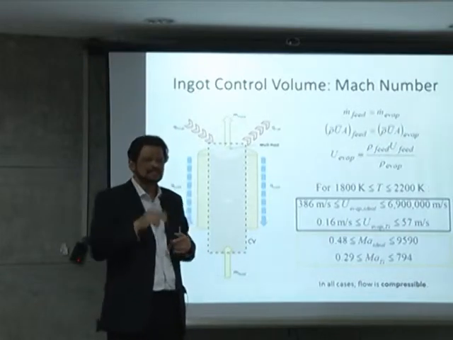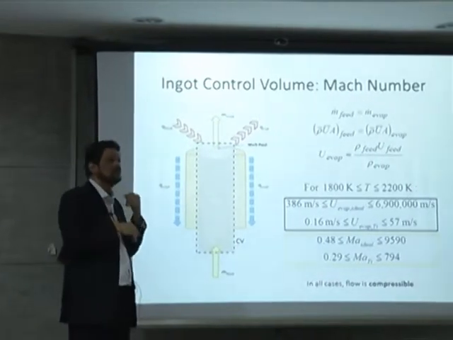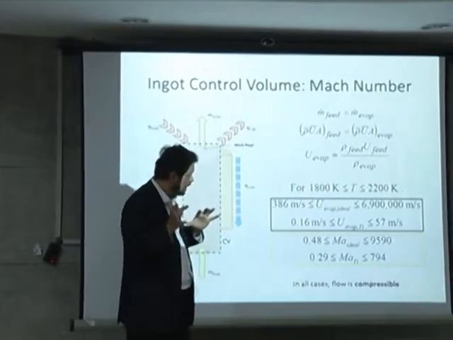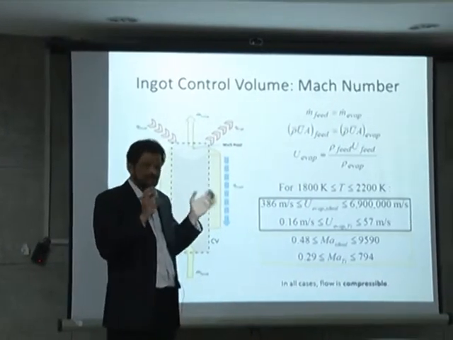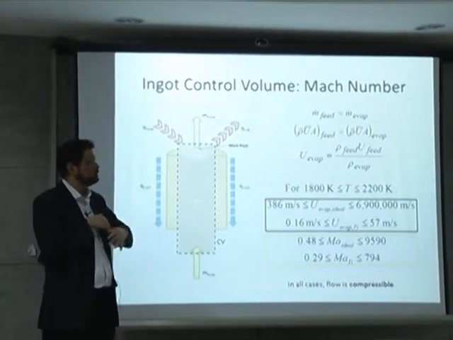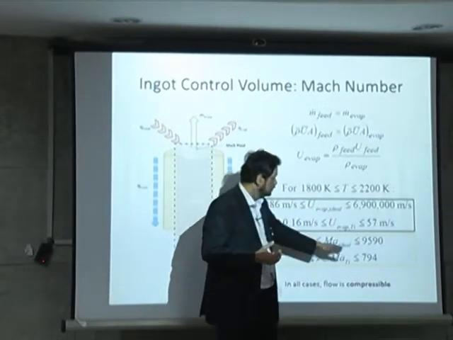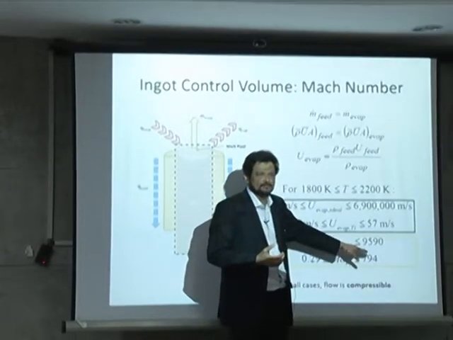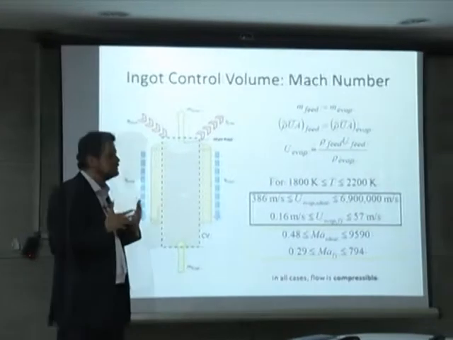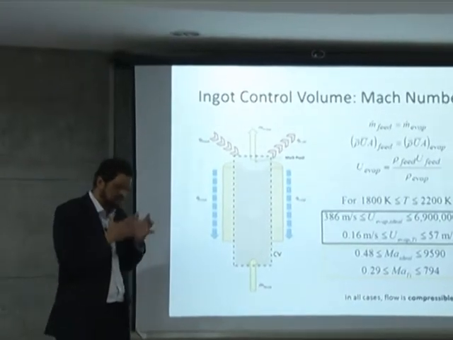where T is the temperature, R is the gas constant, and gamma is the specific heat ratio, right? And now remember, if the temperature is very low or very high, the Mach number can be very different. And in rarefied flows, the Mach number definition changes quite a bit. In fact, our Mach number calculation goes to 10,000 almost, 9,000, which is very unrealistic behavior of material. In fact, the Mach number definition does not really apply in that region, because if you look at the standard,